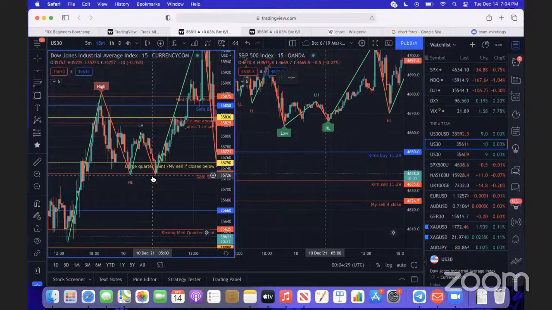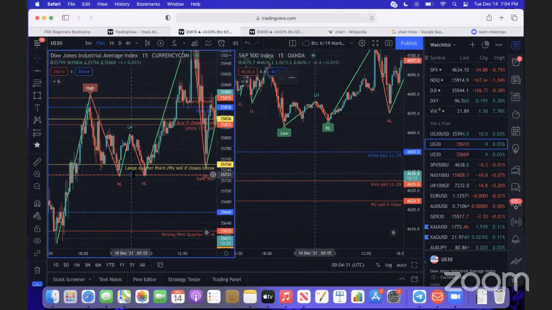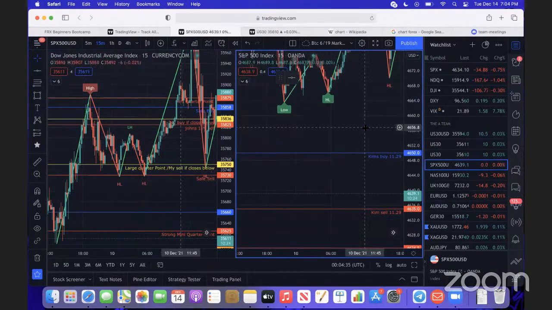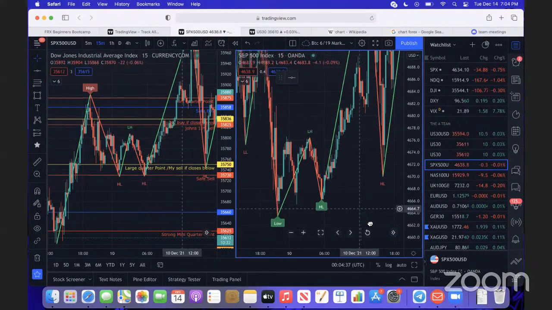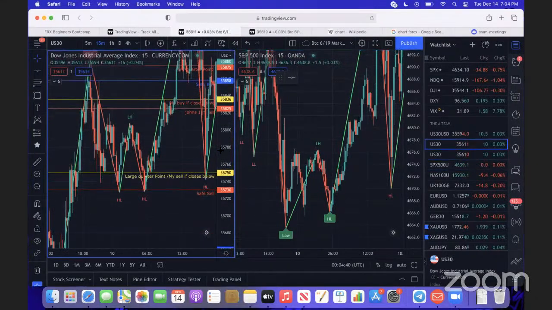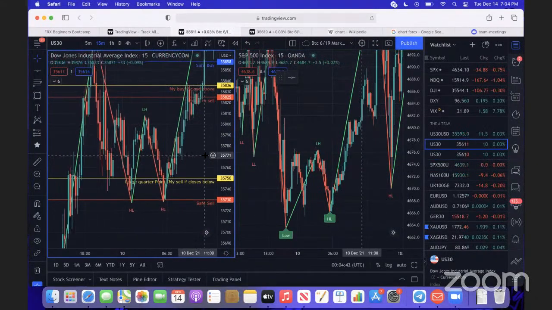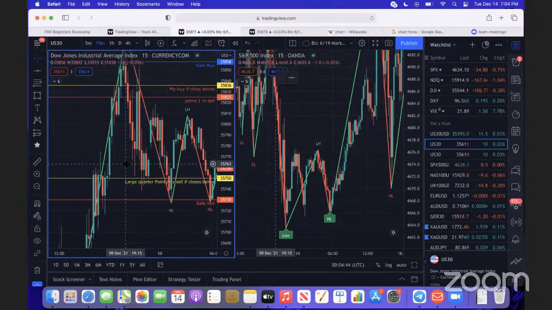Over there. There we go. Look at this. See the cursor to my right? It's at the exact same area. So if I zoom in, guess what? It's the little brother. It makes the same moves. Look at that. So if I want to look at the same area at the same time, I click the